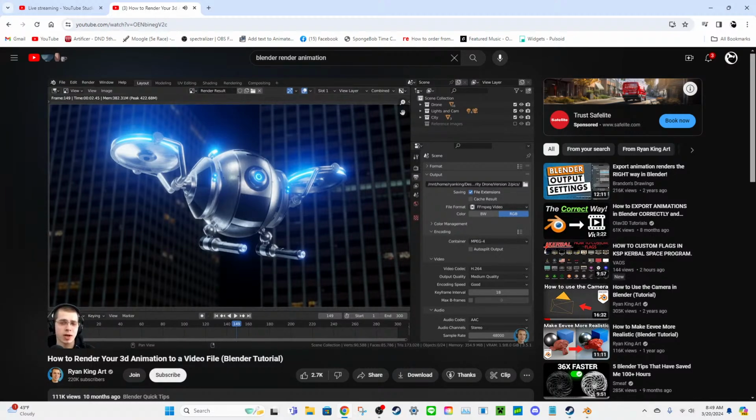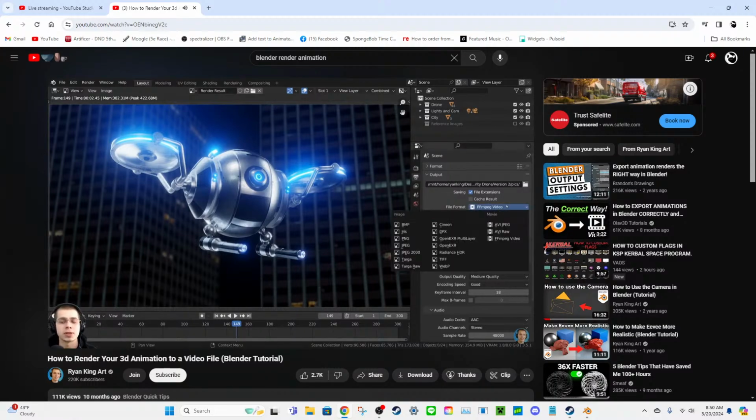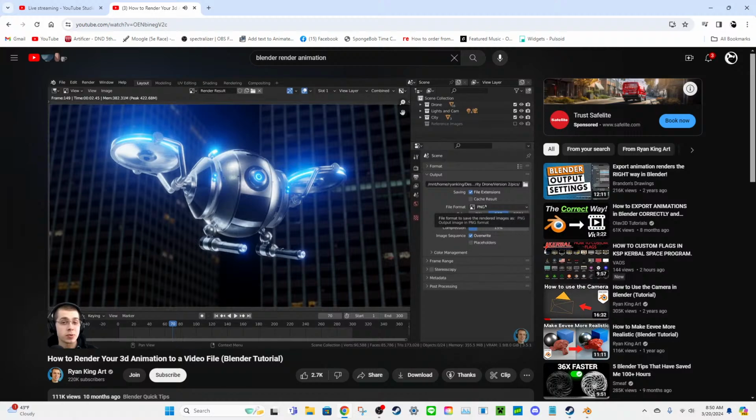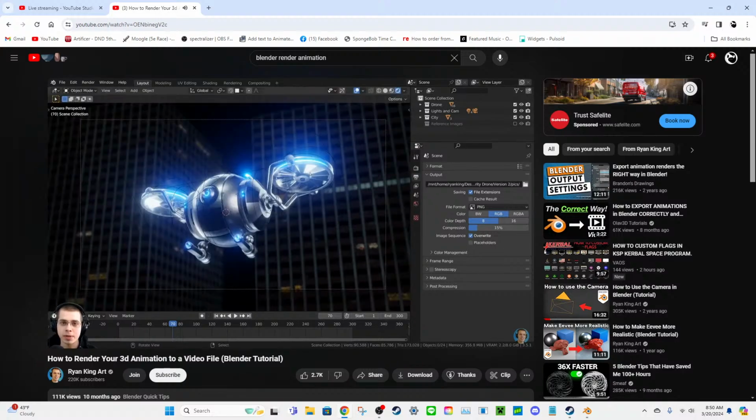Or if your computer crashes or loses power or gets turned off for some reason, then again the file is going to become corrupt if it hasn't finished yet. And the benefits of rendering out to image files first is that if for some reason you want to pause or stop the render halfway through, then you can just hit the escape key while it's rendering and that's going to stop the render, and then you can just check and see how many frames it's rendered, and then here